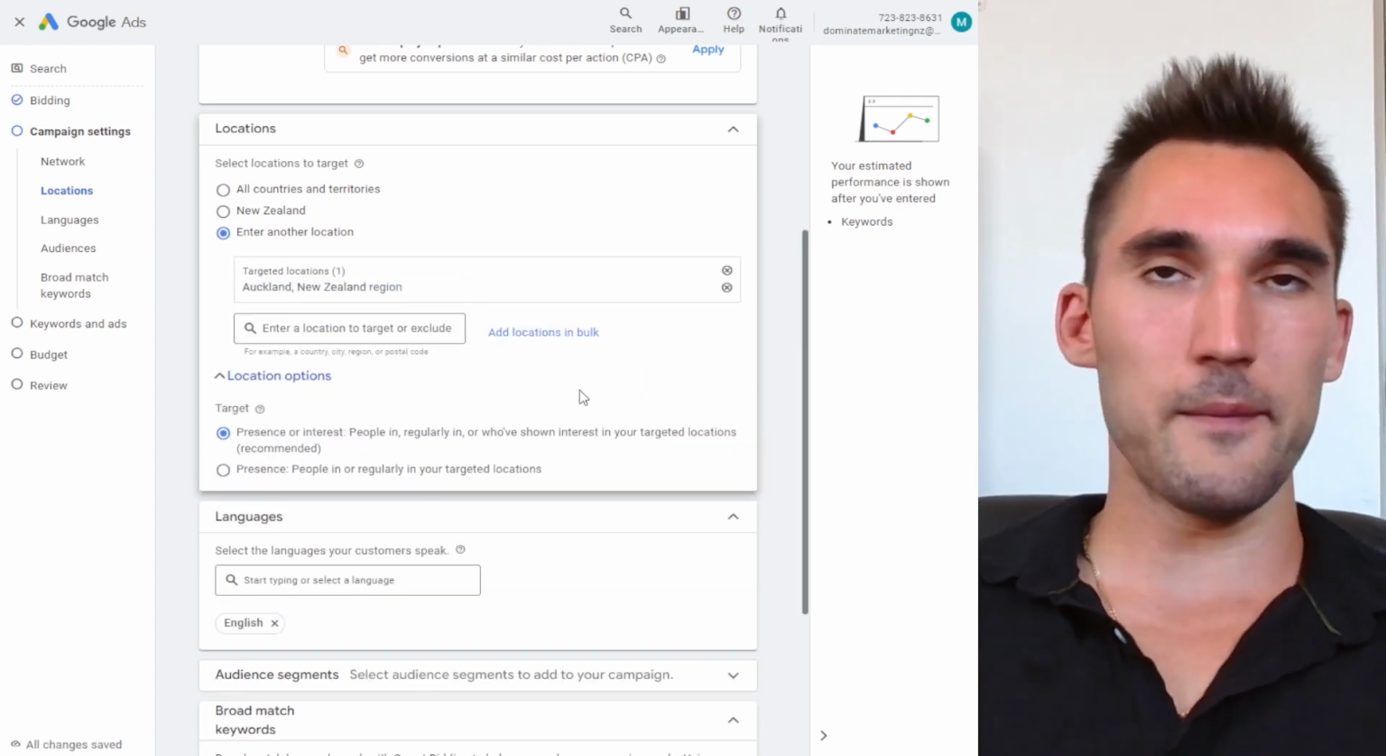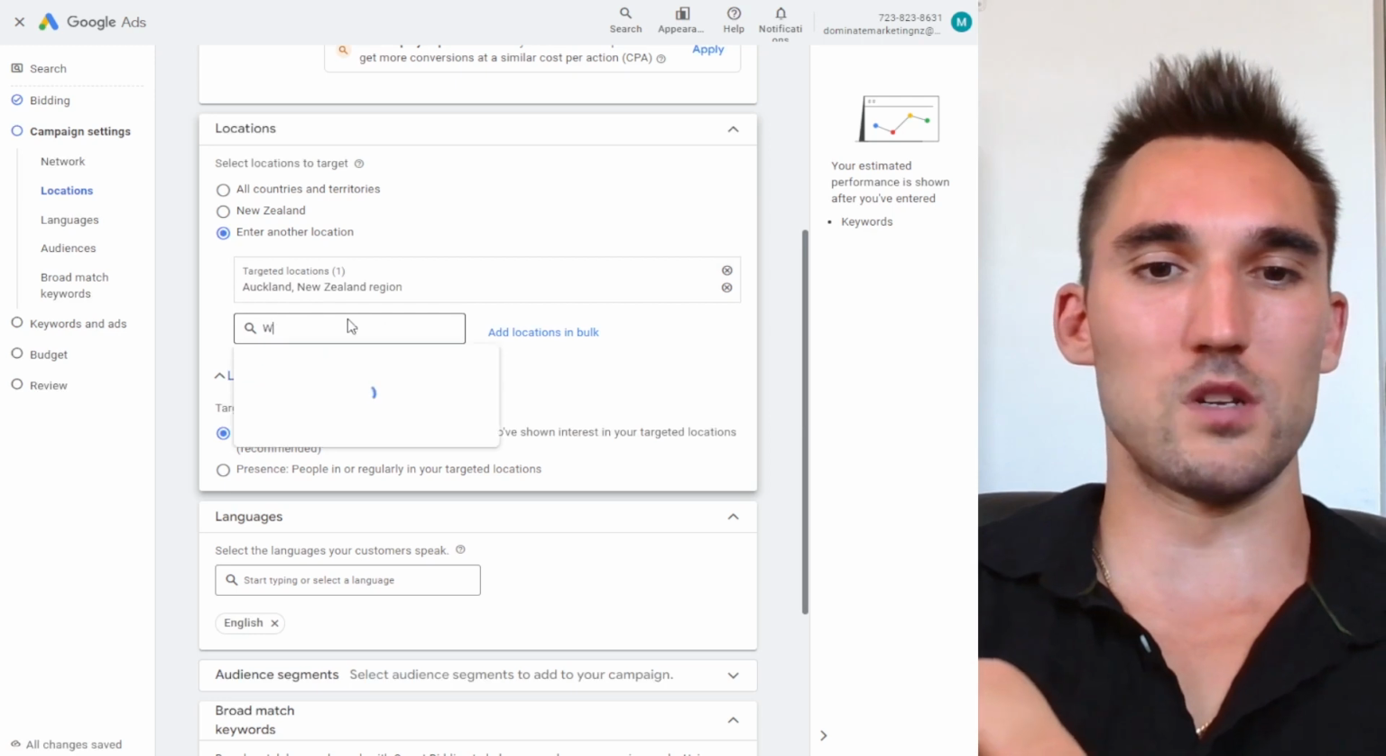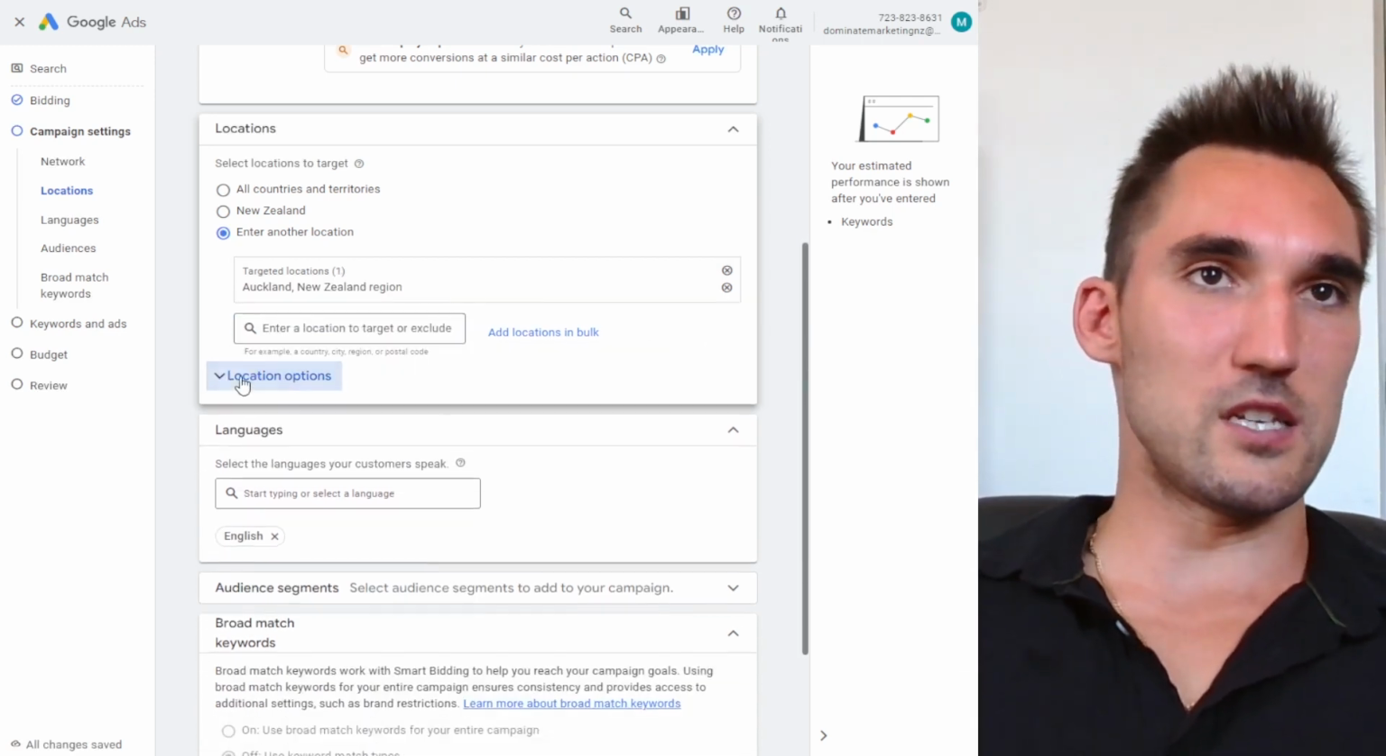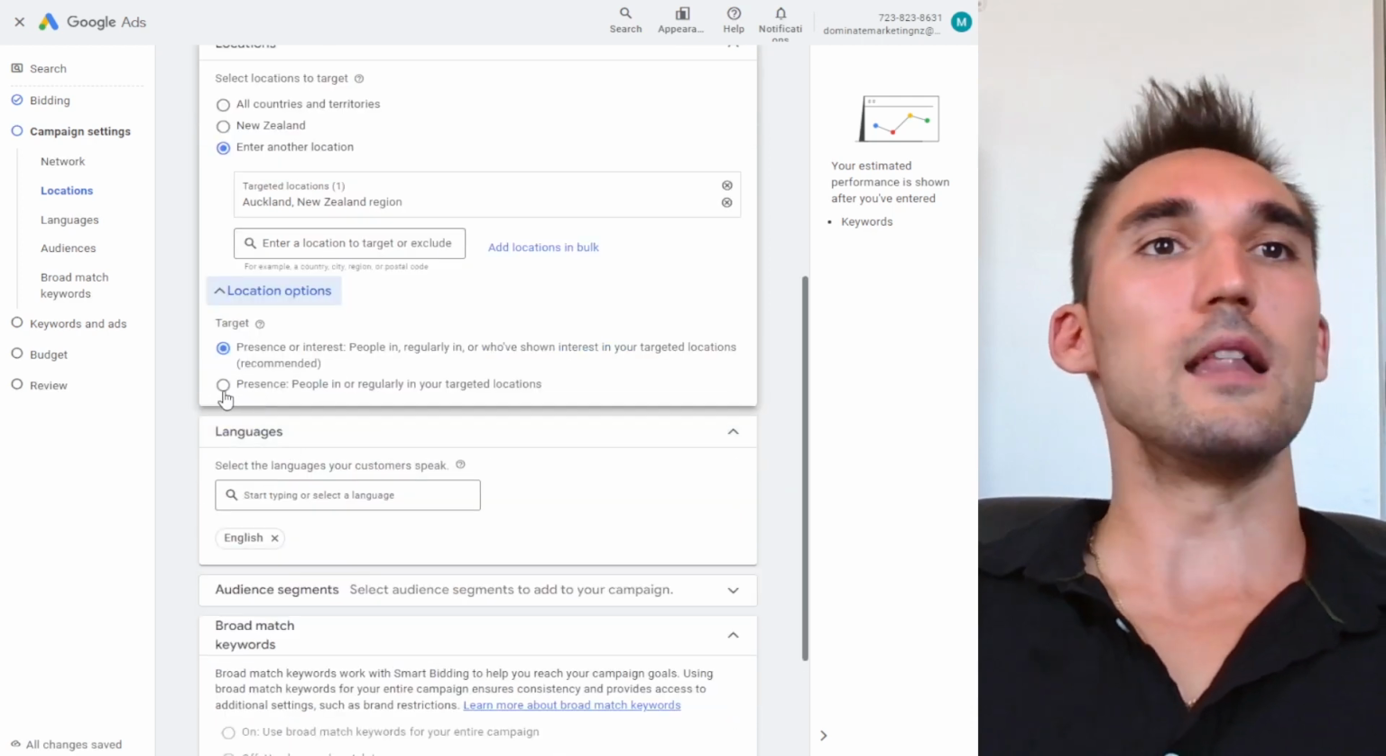I'm just going to target that. You would select that. You can do multiple. If you also want to target a different town or city or whatever, you can do more than one. And now under here where it says location options, you want to click this, and I highly recommend you click